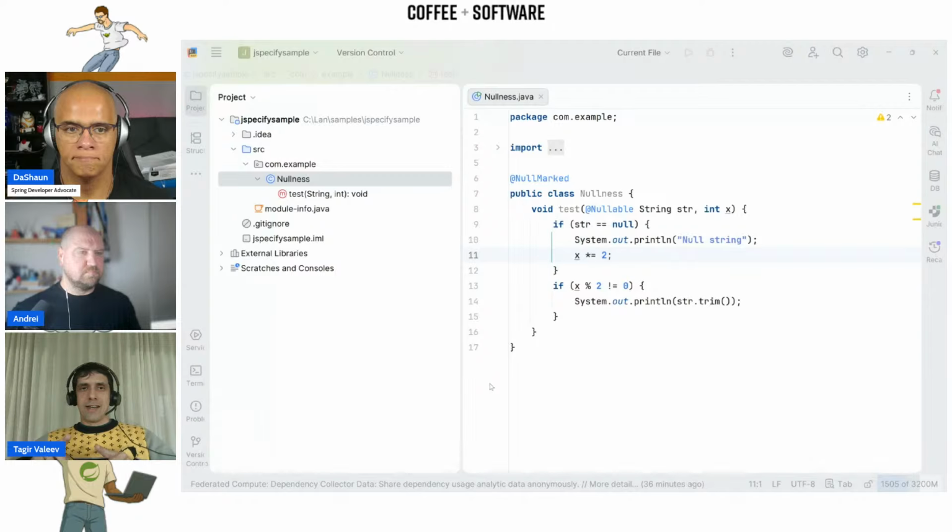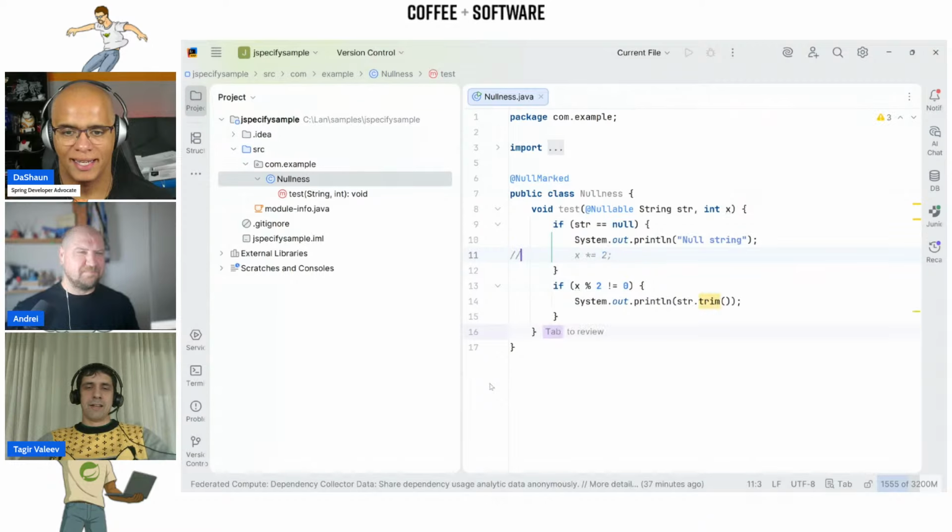Because if string is null, then x is even. Yes, we multiplied it by 2. And if x is even, then we never visit the second if. You understand? Yes. And you can check, for example, if I comment this, I get the warning. Fantastic. If I restore this, I get no warning anymore.